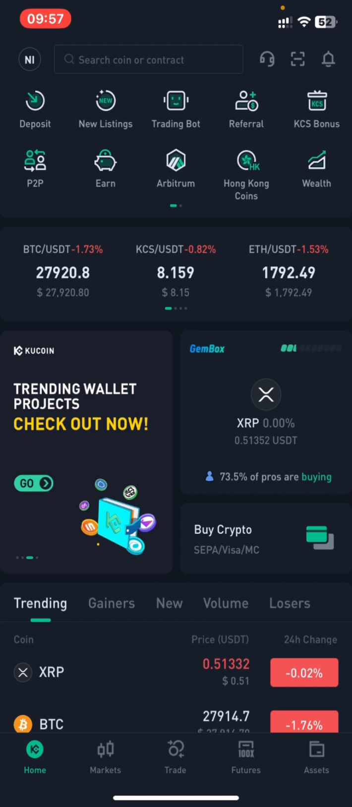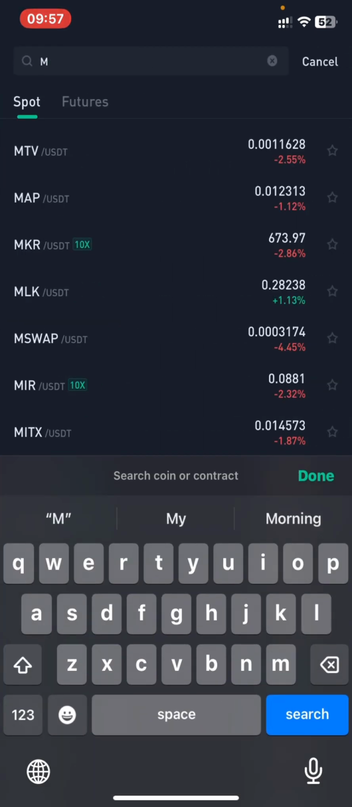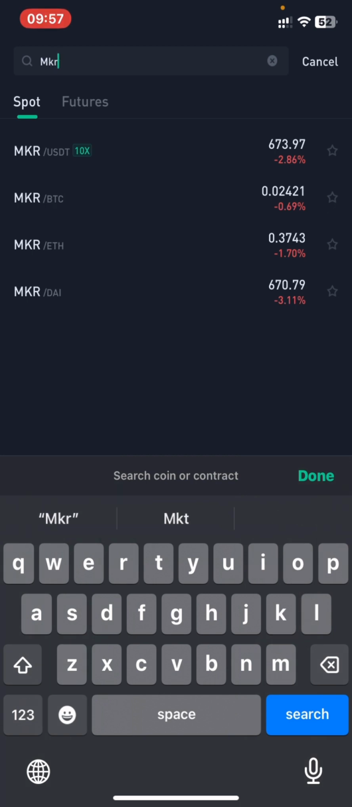So first you need to do is come over here and search MKR. Over here you need to check each pair where you need to buy and sell. So right here, if you see MKR, this pair, they are selling this coin around 670 right here, and you'll be able to sell this on USDT pair. But you need to check first before you decide buying it somewhere and selling it another